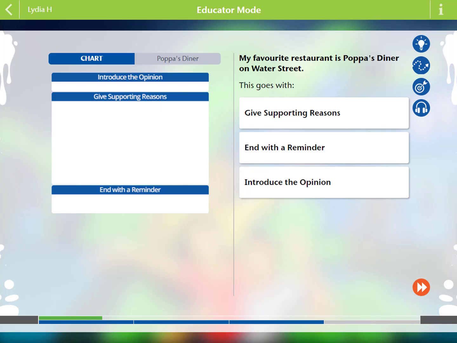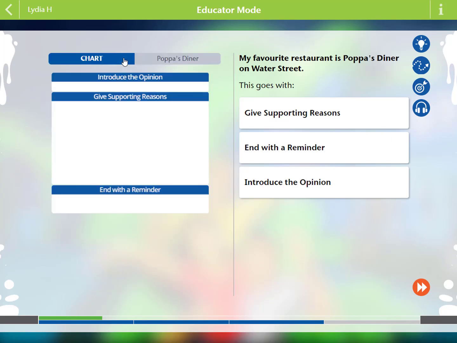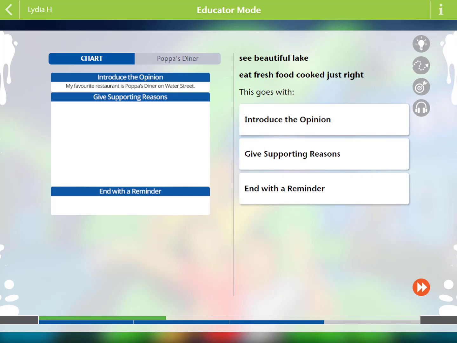This is an example from the foundational zone, where students analyse the structure of the text, identifying key information and placing it in the appropriate part of the graphic organiser. See beautiful lake. Eat fresh food cooked just right. This goes with